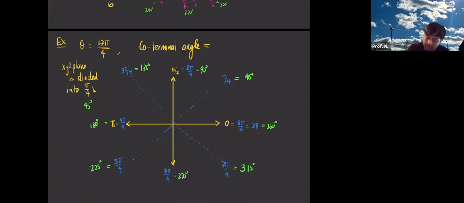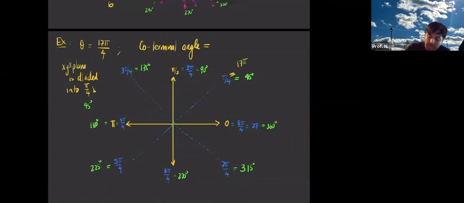Wait, is it 16 pi over 4? Yeah, it is 16 pi over 4, which becomes just 4 pi. And then 16 pi over 4, 17 pi over 4, 18 pi over 4, 19 pi over 4. Oh, I already went a little too much. This should be it. 11 pi over 4 is just equal to, this is the same thing as saying 17